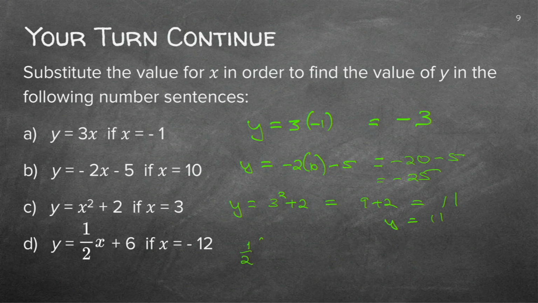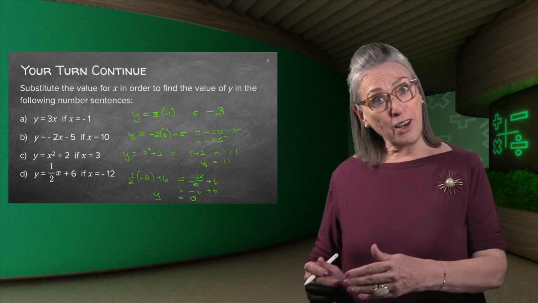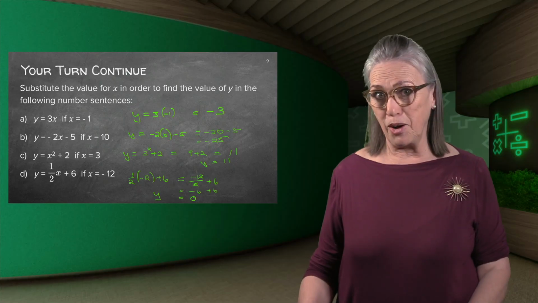And then the bottom one is x is minus 12. So y equals a half of minus 12 plus 6. So we are going to say minus 12 over 2 plus 6. So minus 12 over 2 gives us minus 6, plus 6. If we cancel, we then get 0. So y equals 0. I took a little bit of a shortcut on the last one, so I want you to check this for yourself, to follow all the steps to see if you get to the same answer.